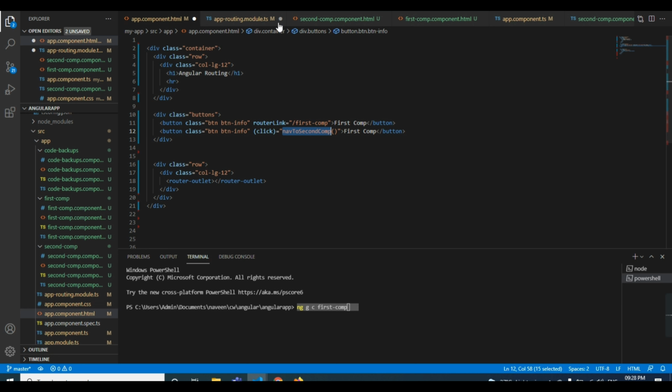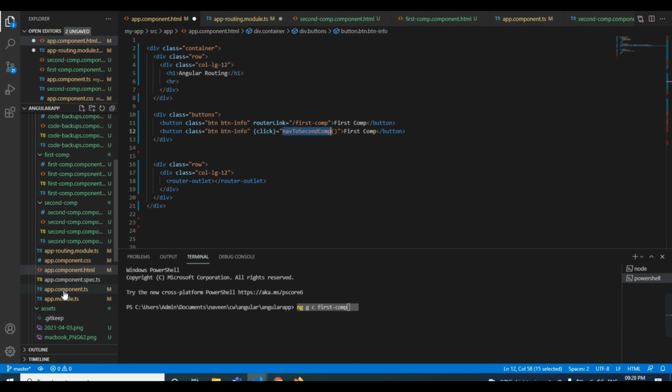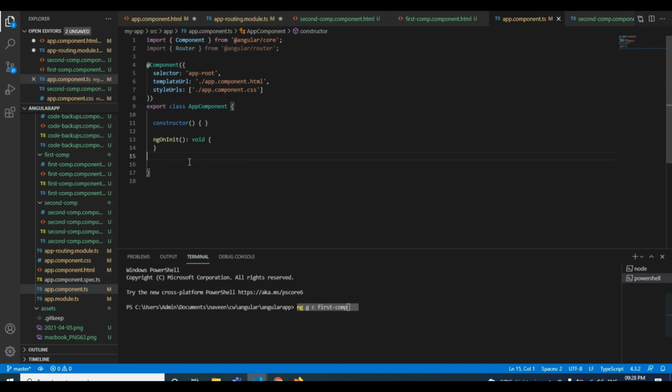I will copy this and paste it inside the app component. Before that I need a private router in the constructor, which I have already given.